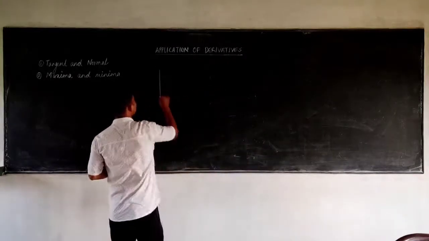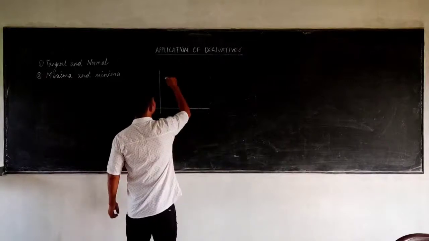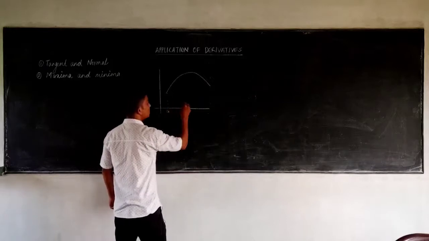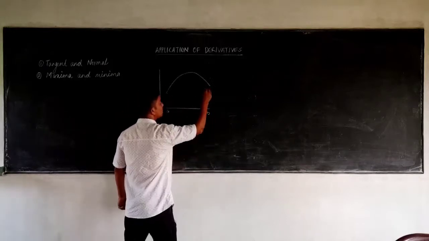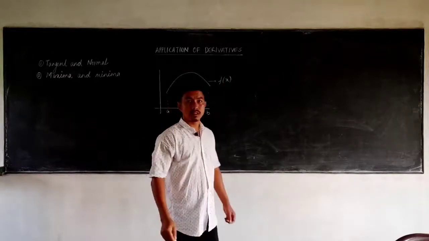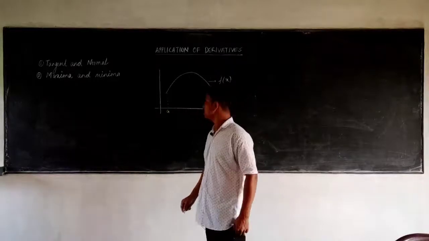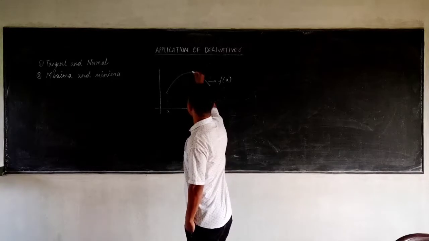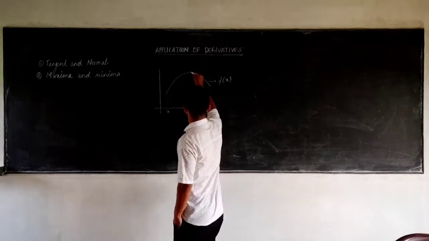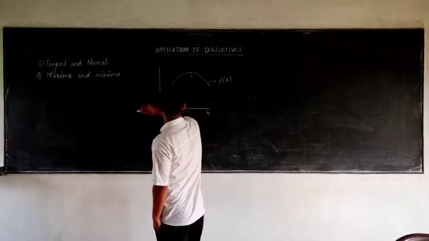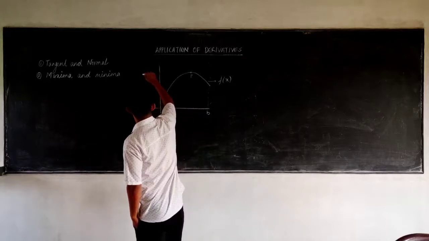Suppose now again I consider two cases. I have a curve like this which is defined in the range or domain a to b, and the equation of this curve, let it be f of x. Here the maximum value of the function means the point where this curve attains the maximum value. That means this curve is attaining the maximum value at the point P, and the corresponding value on the y-axis is known as the maximum value or a maxima.